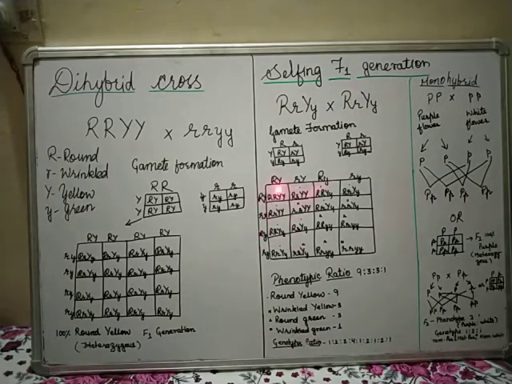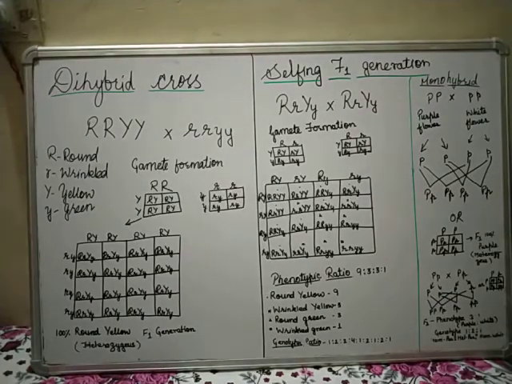That you can see here, there's a pure homozygous round yellow, 1. I am giving you only a few examples. Then heterozygous round homozygous yellow: here only 1, 2 are there, so that you have to form. So similarly you will find the different compositions that you see in the cross, the Punnett square. Accordingly the genotypic ratio is formed. So this is about the dihybrid cross of Mendel.